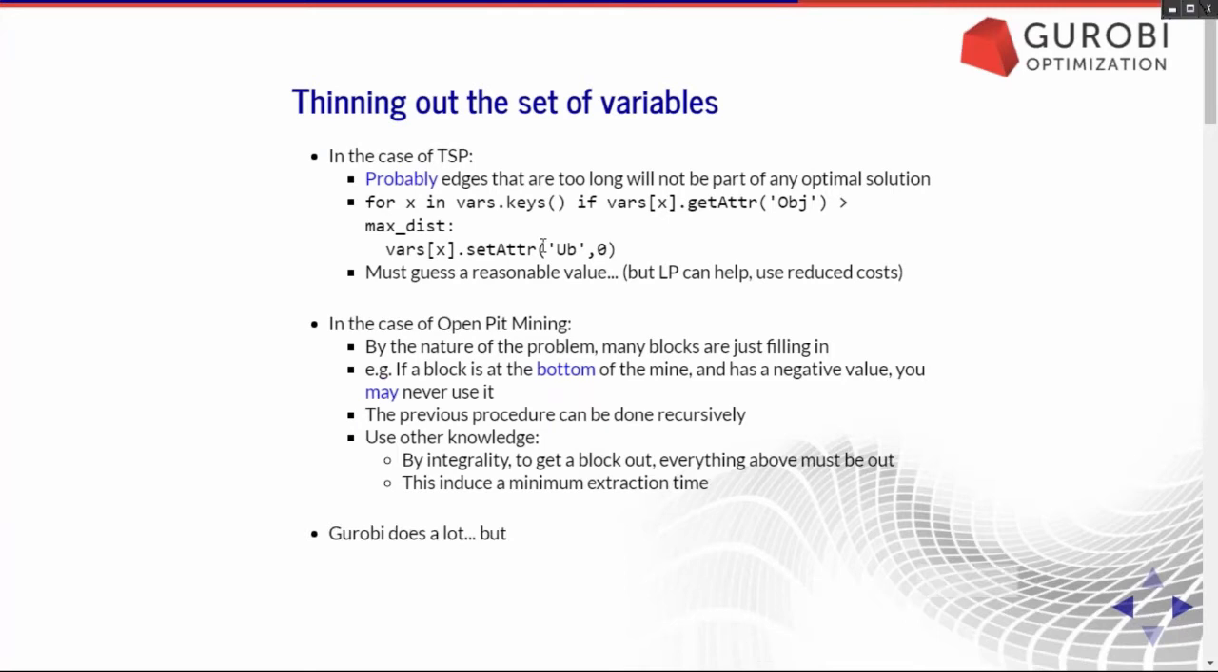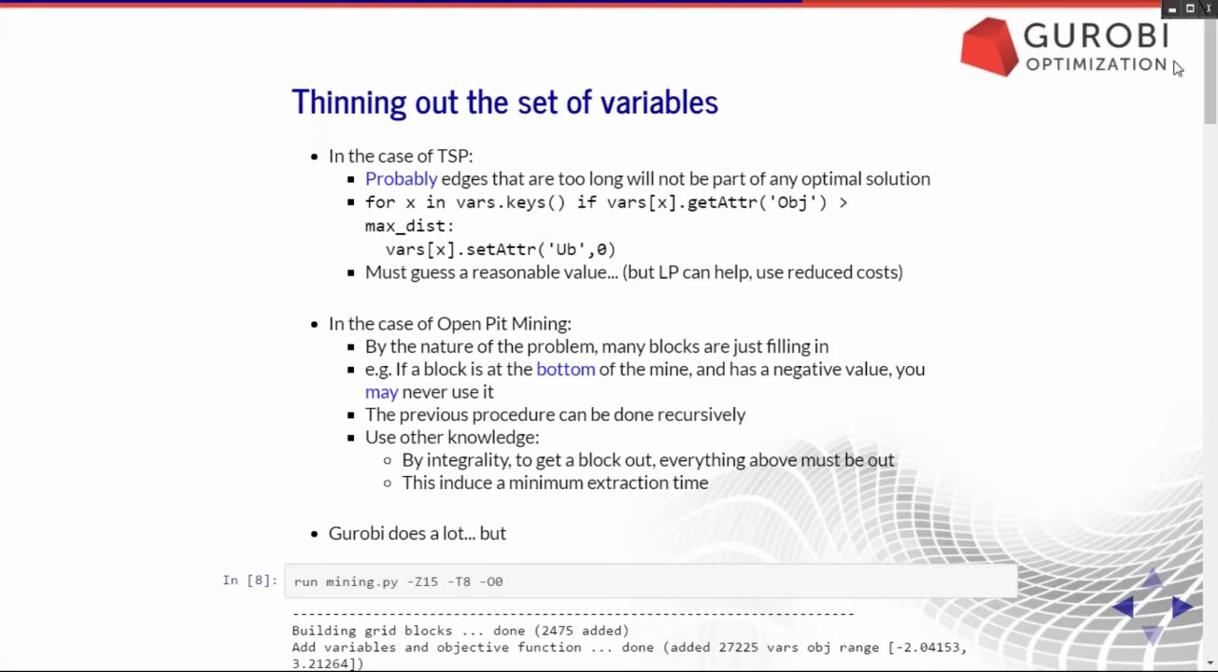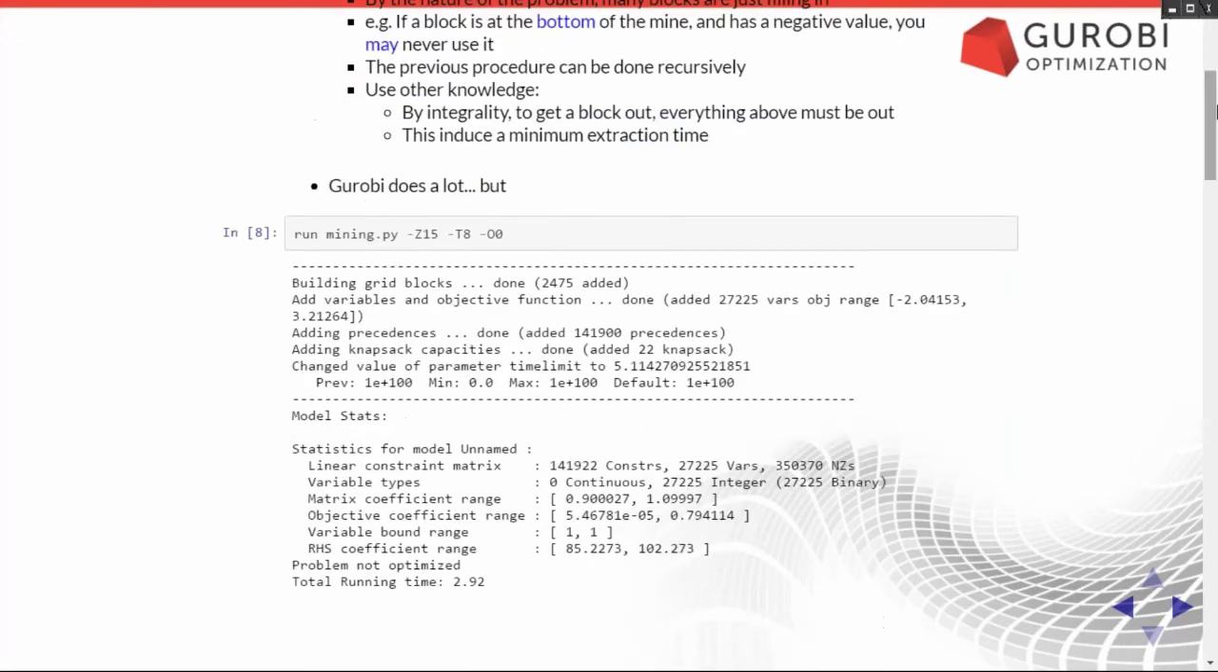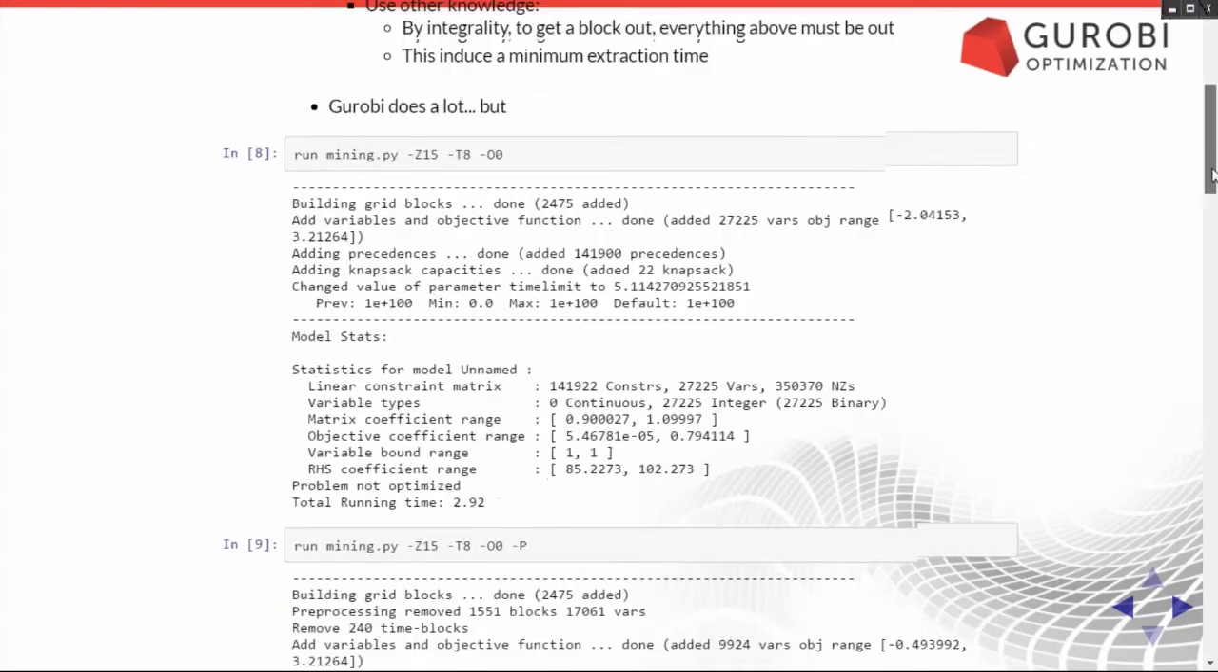So as I said, Gurobi does a lot of this, but it cannot really second guess all the structure that there is in a problem. So what happens if you use this idea in the mining problem? I'm going to show you first, if I don't do any optimization, again with a very tight time limit of 8 seconds, the problem ends up having 141,000 constraints and over 27,000 variables. But if you enable preprocessing,